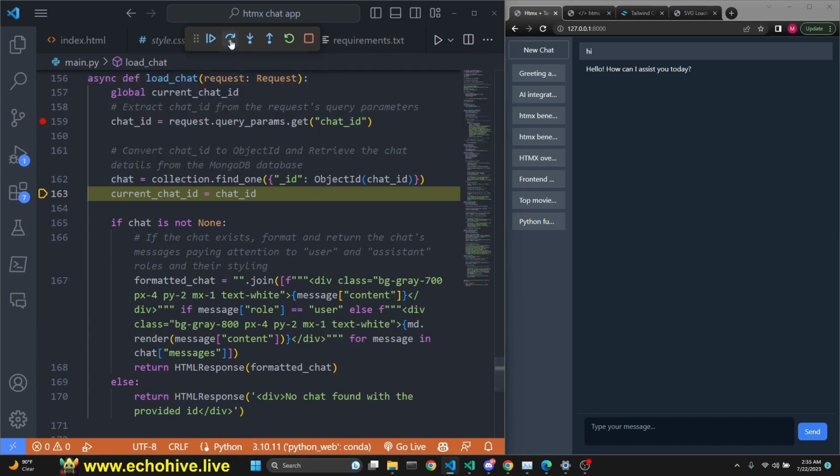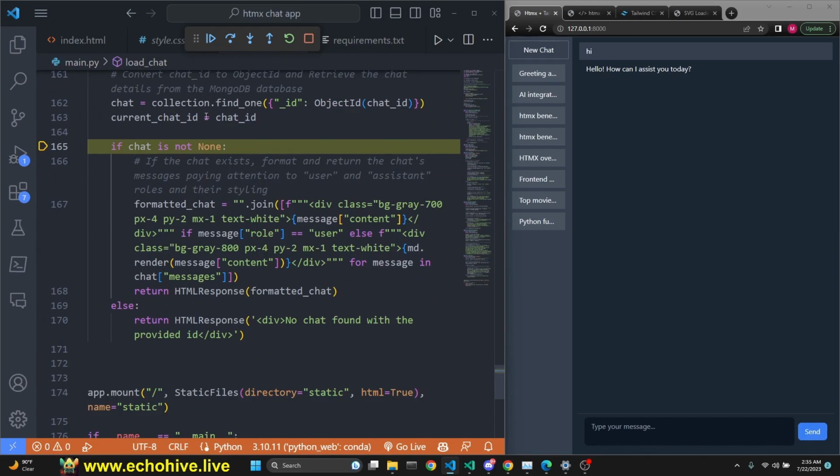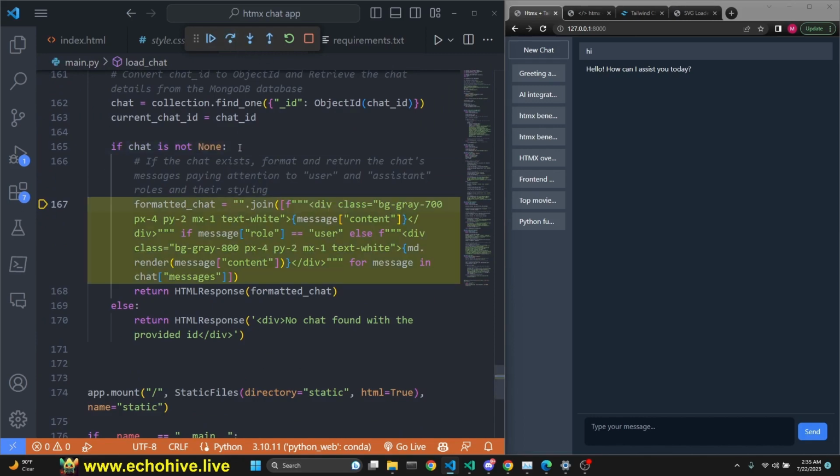Current chat ID is going to be chat ID, and we make sure that we have a chat. If we do, then we are going to format the chat with an inline for loop. We are going to create these divs because we are going to have multiple divs, right? Some for user and some for the assistant. And we are going to create a list and join it into a string, which we are going to return